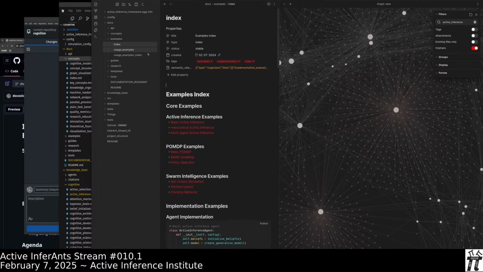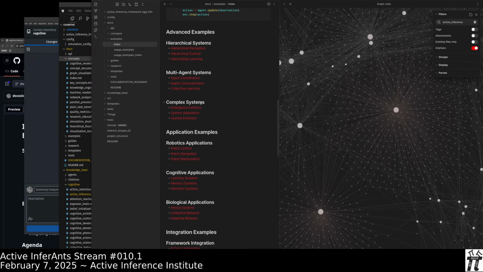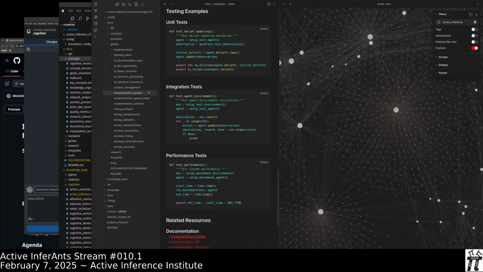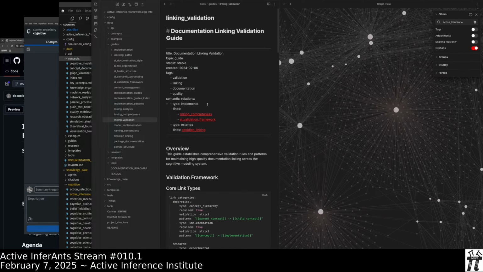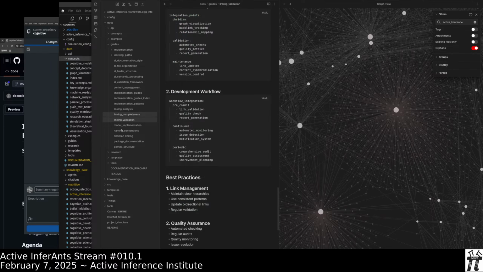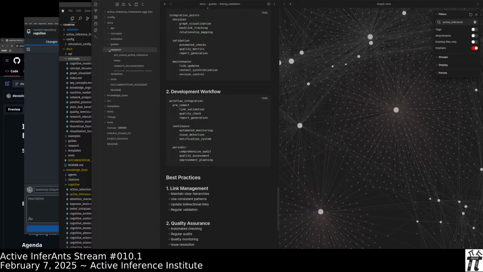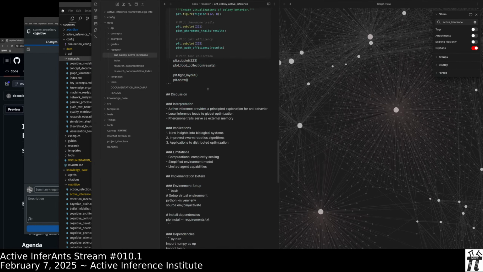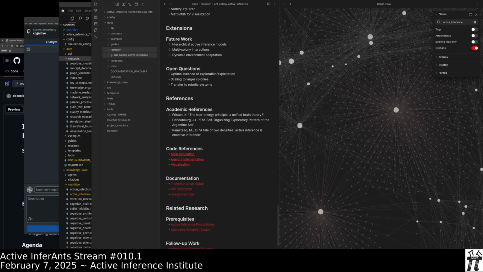Examples. These are some examples of documentation. Again, it's really not the most exciting afternoon reading per se, but it gets really far with helping Cursor. Guides. These are guides for different micro standard operating protocols for Cursor and agents. And these can be taken out to extreme levels of intensity. So again, it could be followed by a person, or it can just be used with these absurd levels of hierarchical dispatch. Research. Here's an example of a research plan that was written for the ant colony simulation that we might look at later.